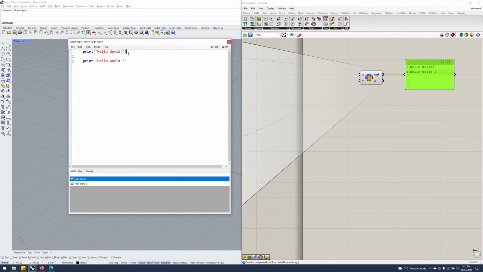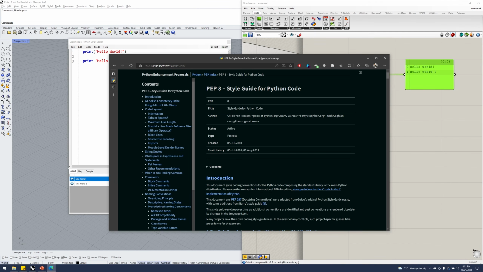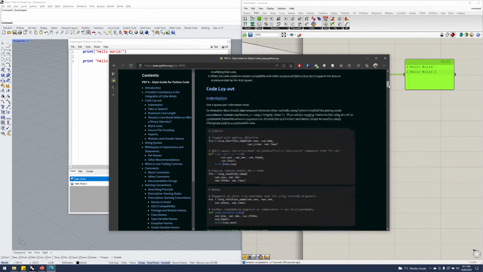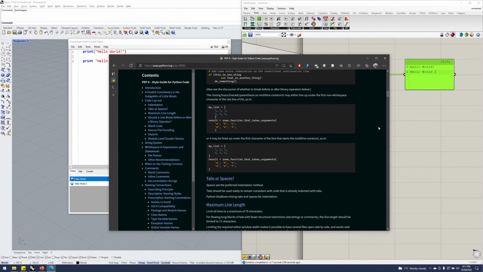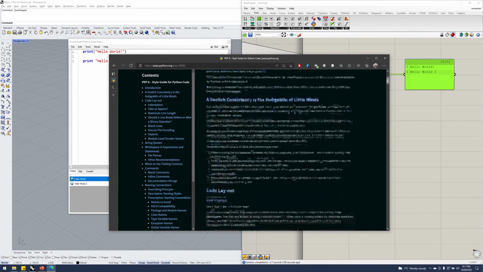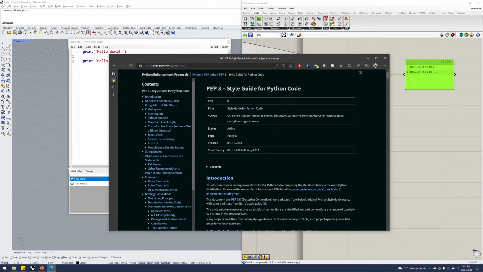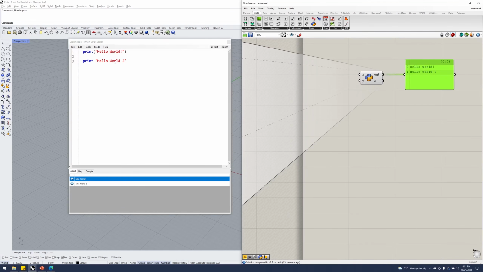But PEP 8, which if we check here, is the style guide for Python code. So if you start to use a lot more Python in your Grasshopper and you want to start copying and pasting and making it as flexible as possible, it's important to realize that this is not actually legal Python. So if I load up a command prompt,